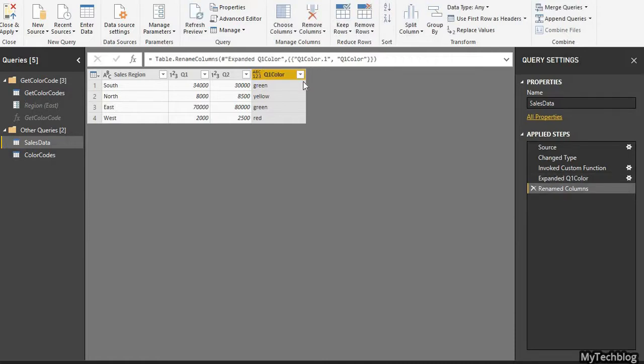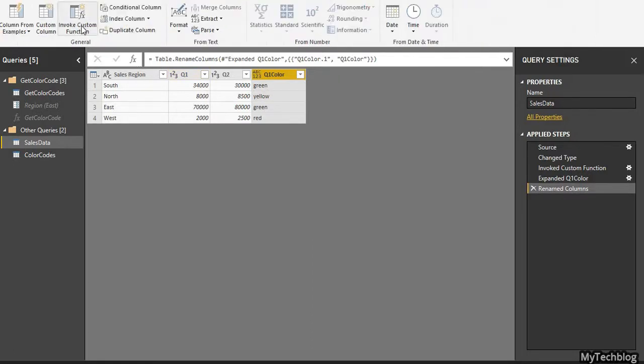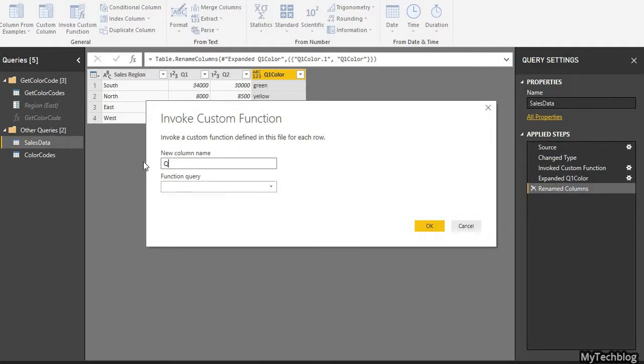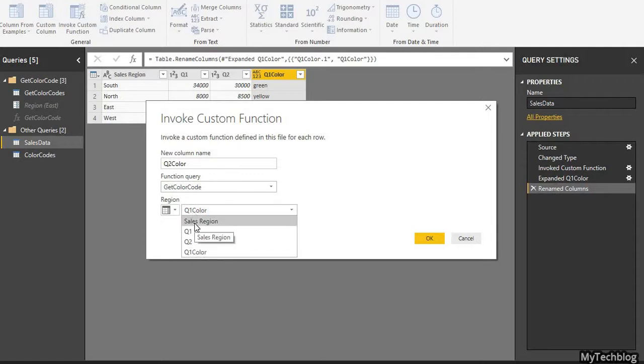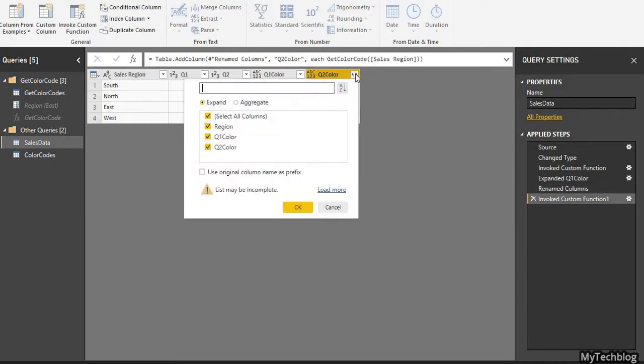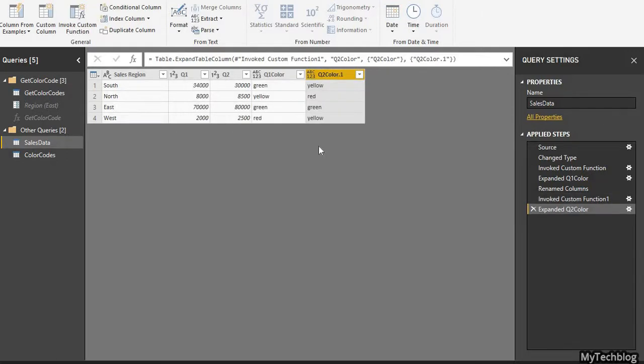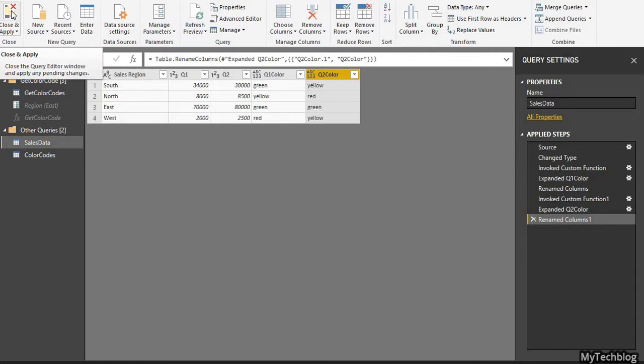Okay, and I want to do the same for Q2 as well. Go to add column, invoke custom function, and name it Q2 color. Then select the function, then select sales region as the value for the region. Click OK, then expand this one and select Q2 color in this case, with no prefix, and okay. Now I just need to rename that to Q2 color. So now I have two more columns in the table to show what color needs to be there for Q1 and Q2. So I can now go ahead and close this one, and close this one,